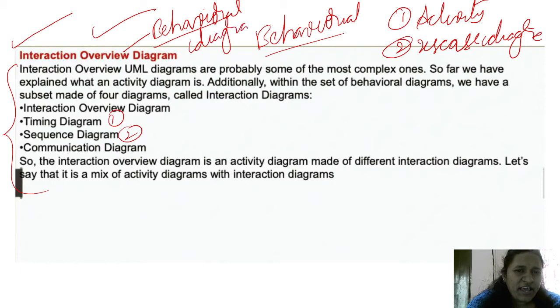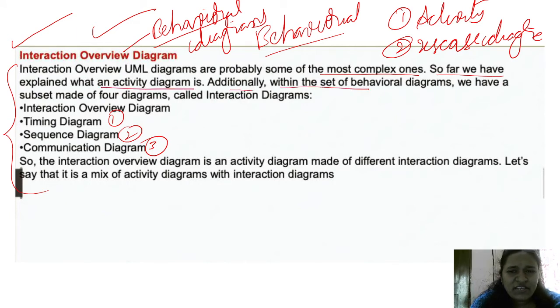In interaction diagrams, again this is subdivided. See, timing diagram, sequence diagram, communication diagram. Interaction overview UML diagrams are probably some of the most complex ones. So far we have explained what an activity diagram is.